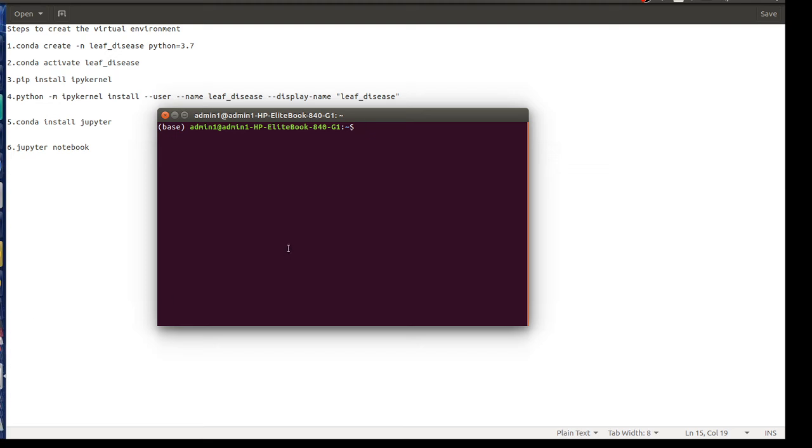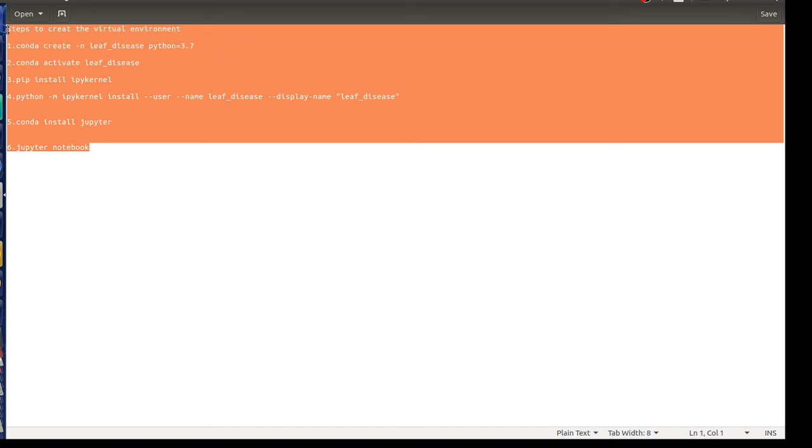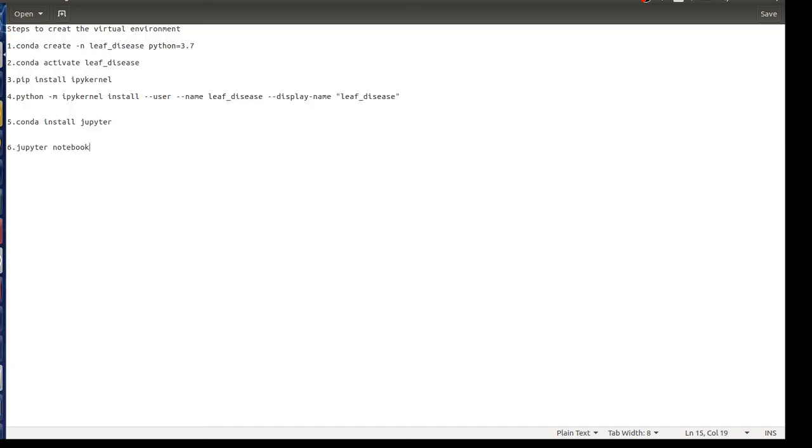After you download and install that, if you are on Windows, you will have the Anaconda prompt. If you are on Linux, you can open the normal command line. On Windows, you can search in the Windows search bar and you will get the Anaconda prompt, just like a normal command prompt. There you should run the commands which you are looking at here, one by one. I will tell you how to do that.